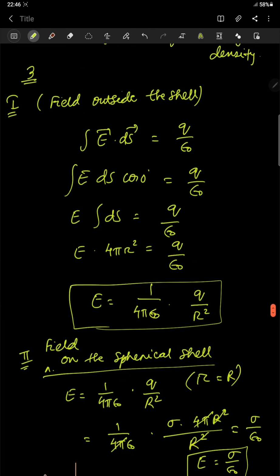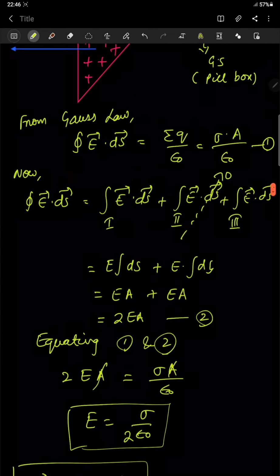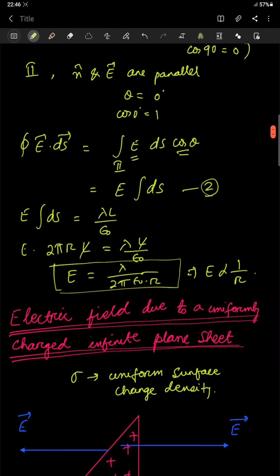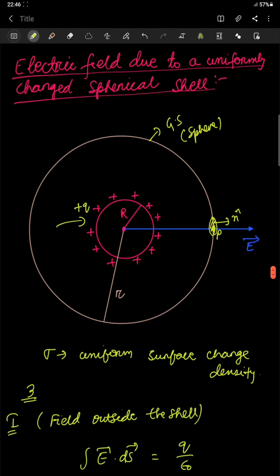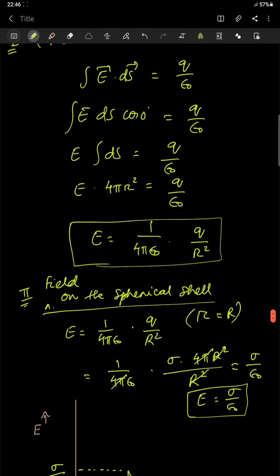So these are the three applications of Gauss law which are important from the exam point of view. The first two are for 3 marks. The last derivation, for the spherical cell, comes for 5 marks along with the graph.